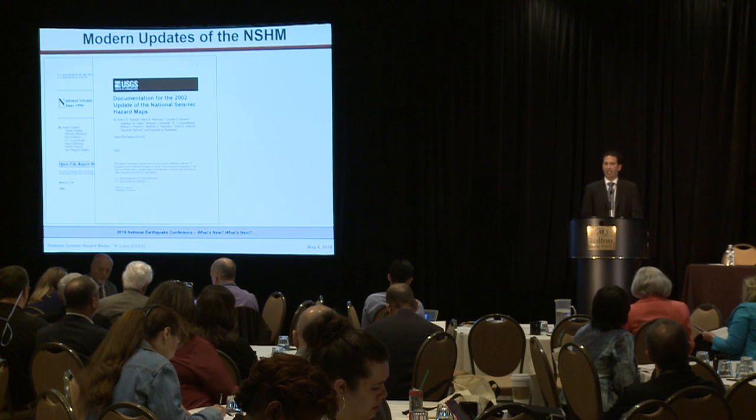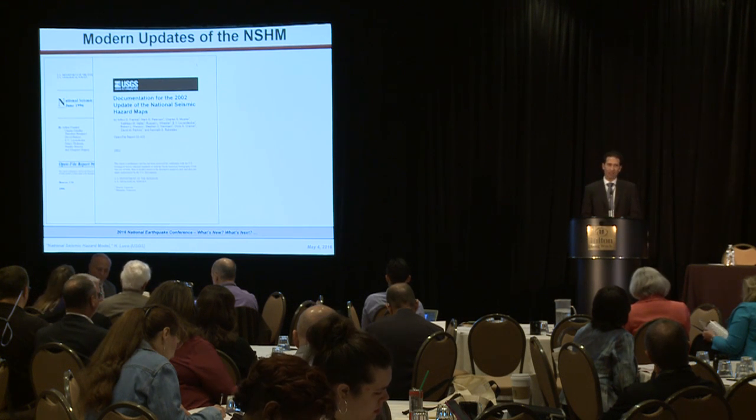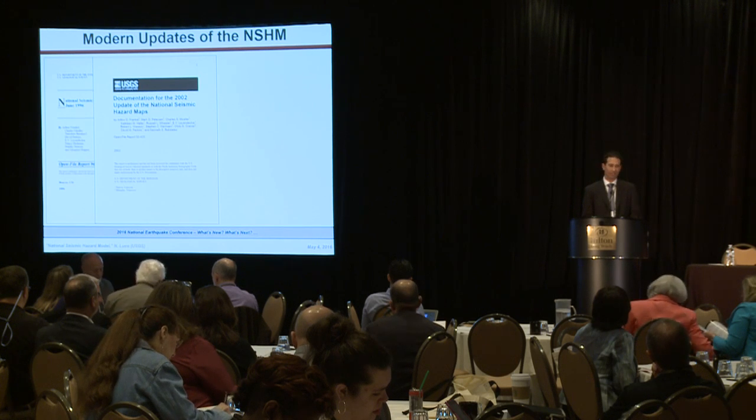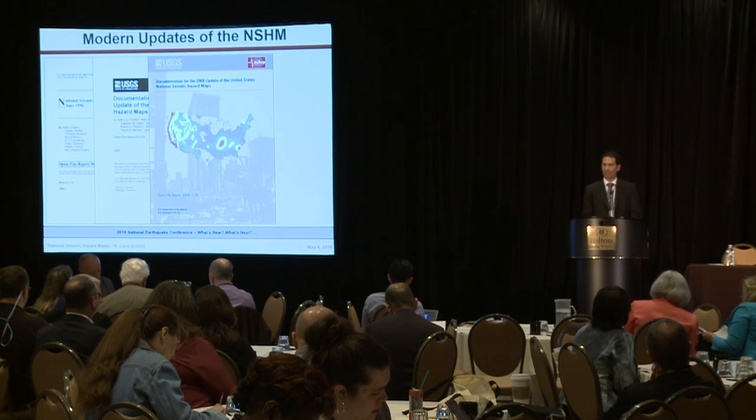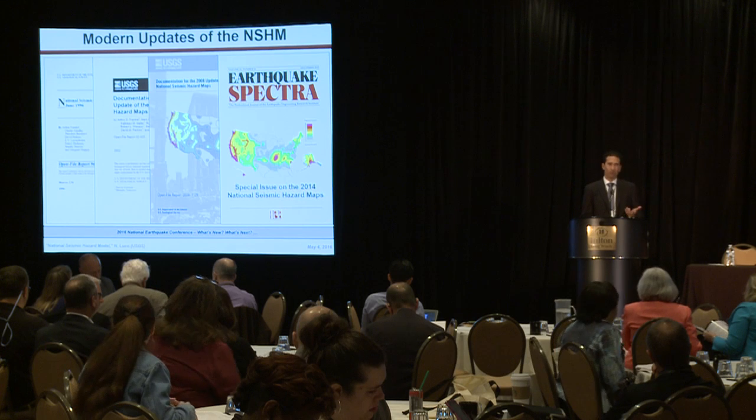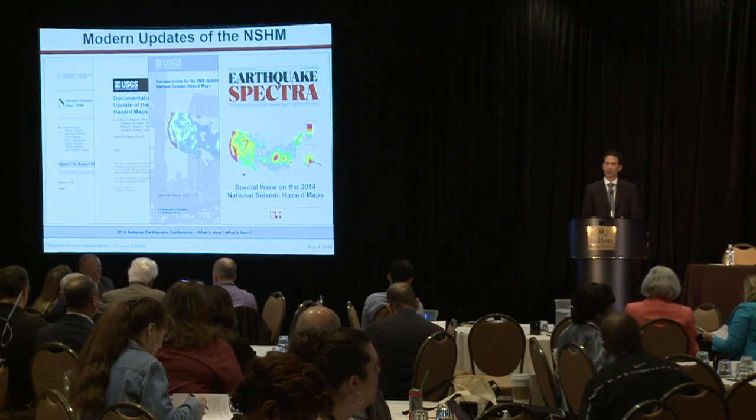So the USGS has been producing national seismic hazard models since the 70s, but really the modern versions of those models started back in 1996 with Art Frankel. So a model developed and published as a USGS open file report. Then we updated that model about every 6 years. So there was a 2002 update of the national model, a 2008 update, and our most recent is the 2014